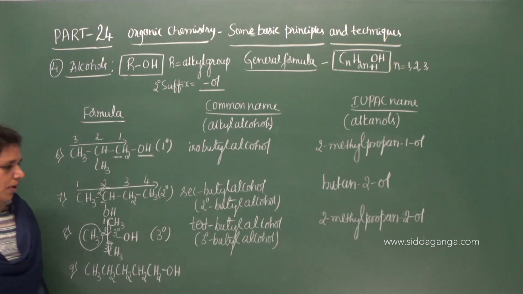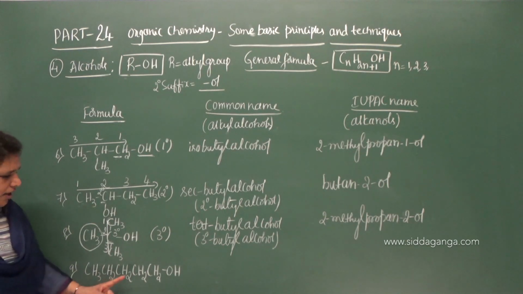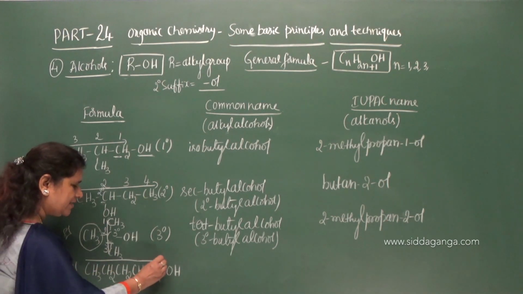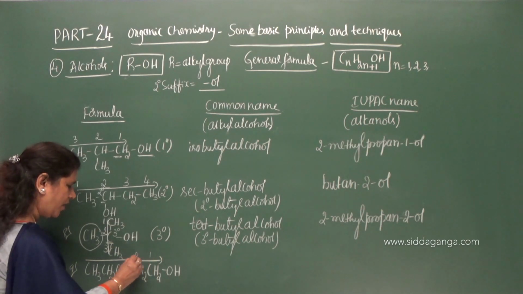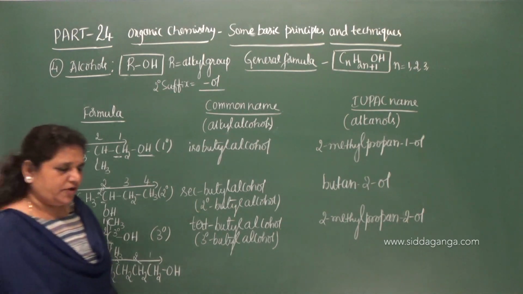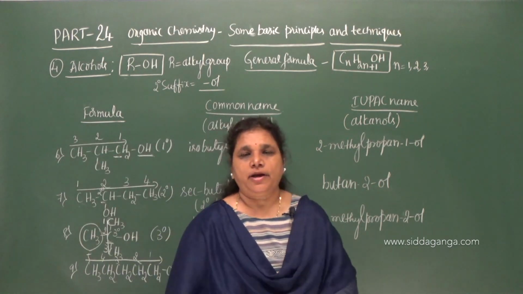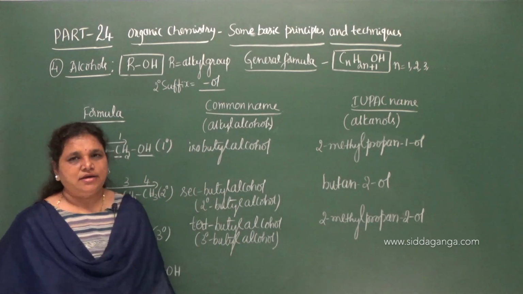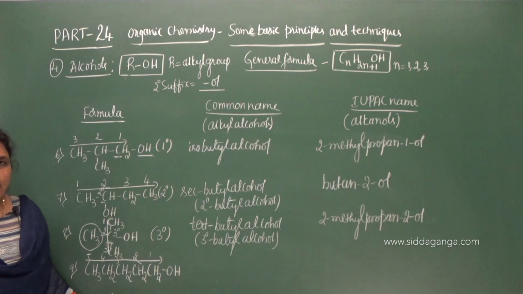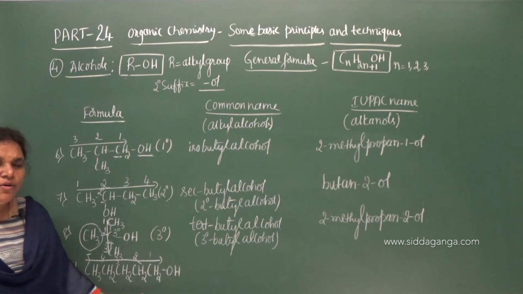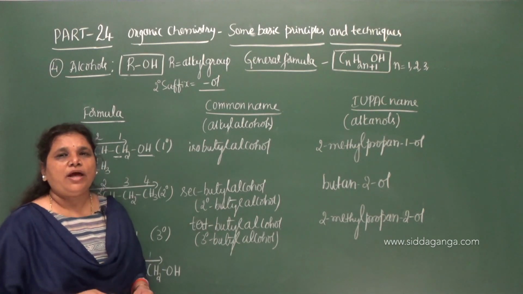Okay, now move on to the next one. So the alkyl group contains 1, 2, 3, 4, 5. There are 5 carbon atoms and this is the selected carbon chain. So what is the name of the alkyl group which contains 5 carbon atoms? So you can name it as pentyl. Correct? Pentyl is the common name for the alkyl group containing 5 carbon atoms. So pentyl is also called valeric.